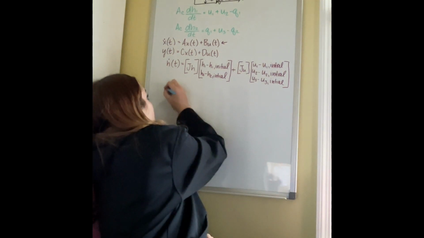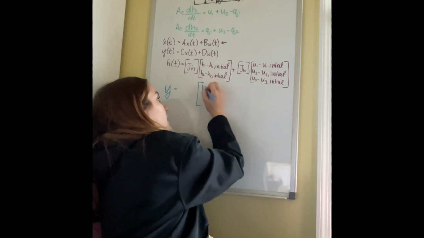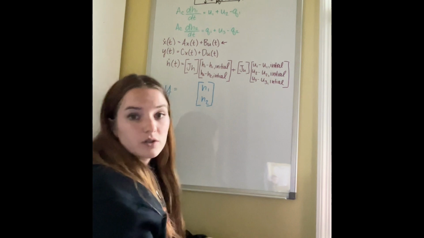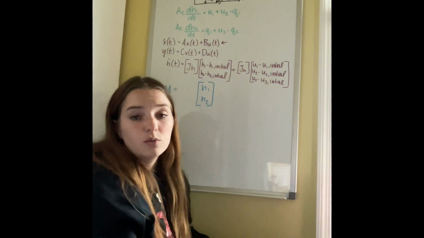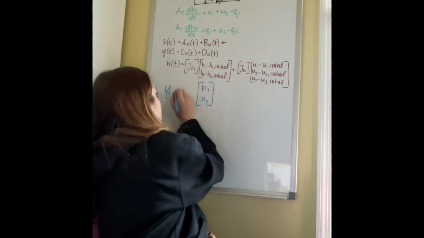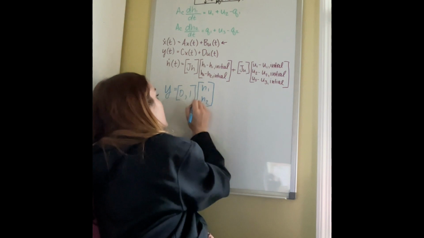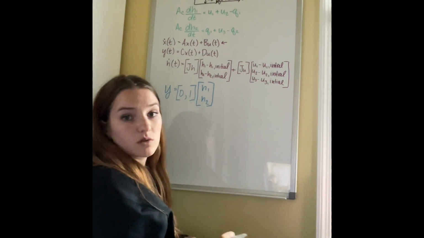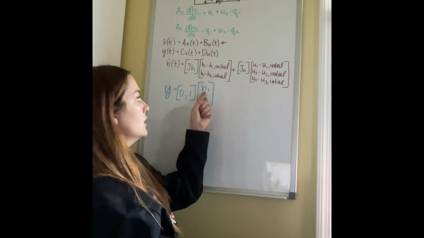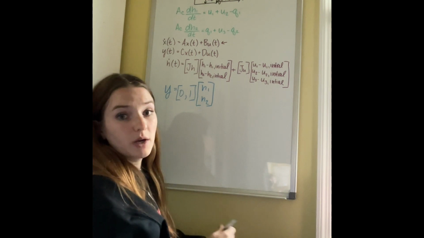So we are going to have y is equal to a matrice of our h1 and our h2 values. Now, even though we are just trying to find our h2 value, we can't just ignore that we have a h1 value. So we are going to multiply this by a matrice of 0 and 1. So when you do the matrice multiplication, you will have h1 times 0 and h2 times 1. So h1 will equal 0, and it will not have a numerical value that will